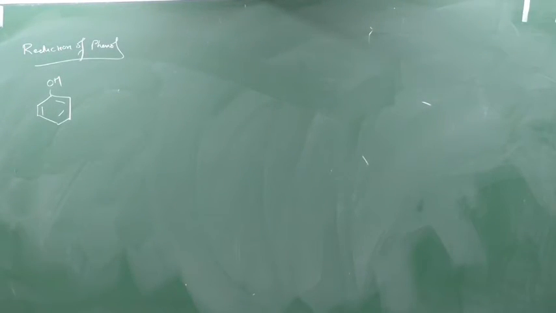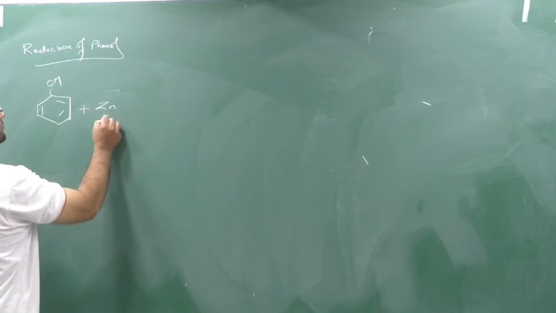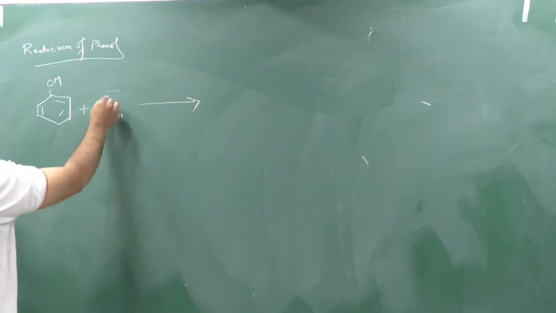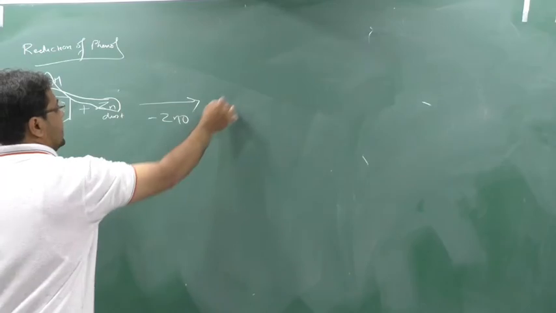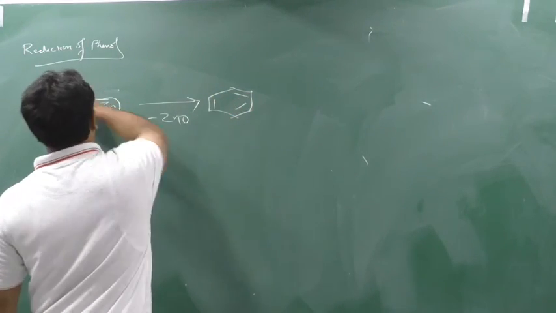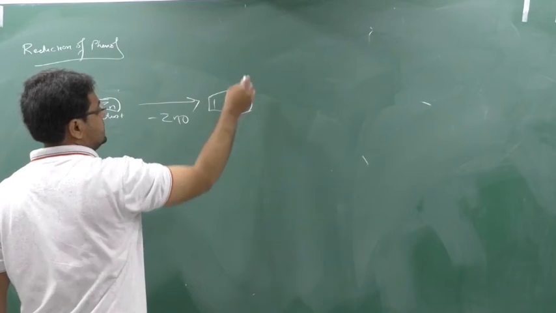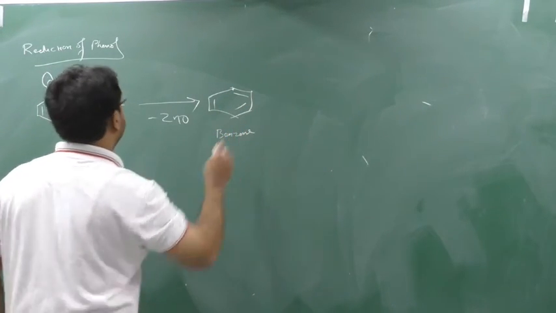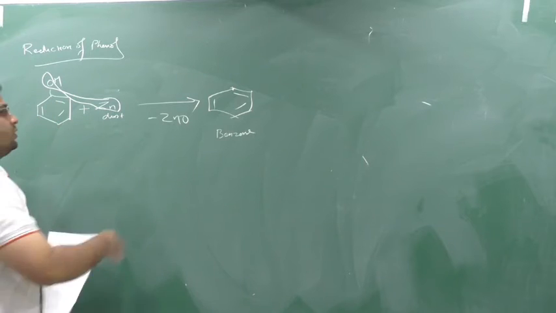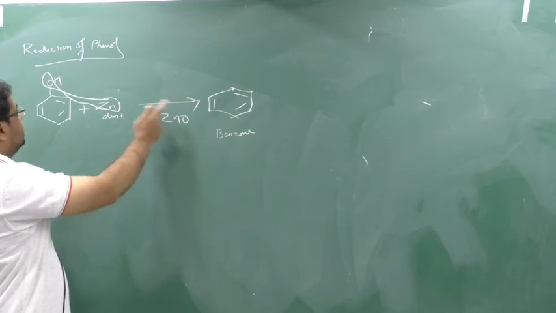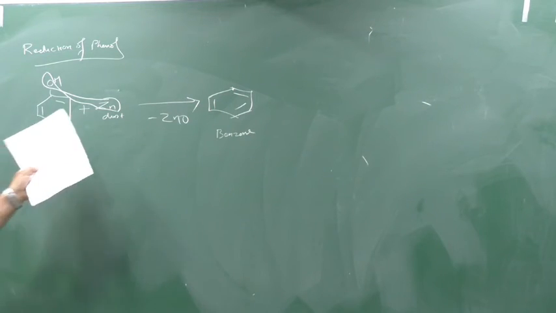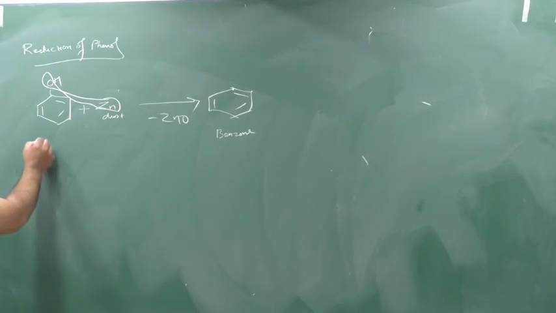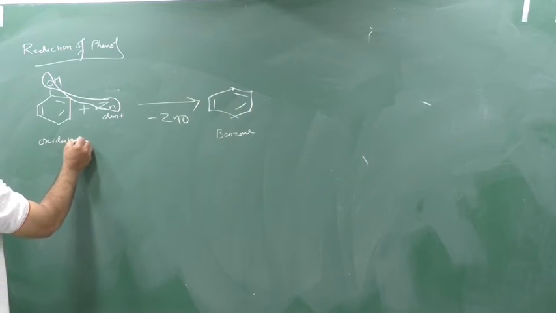So who will help us to remove the oxygen? Here the reagent is zinc dust. This zinc will react with the oxygen to remove it and form ZnO. What remains here? This place will be empty, H will be inside here, CH2, CH2, CH2, CH2. What is this? Benzene. See, there is a removal of oxygen, yes or no? ZnO. When you go from reactant to product, removal of oxygen is known as reduction. So reduction occurs. Reduction of phenol will yield us benzene. Clear?